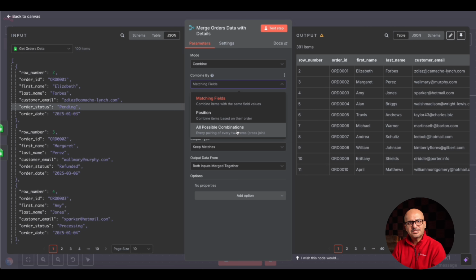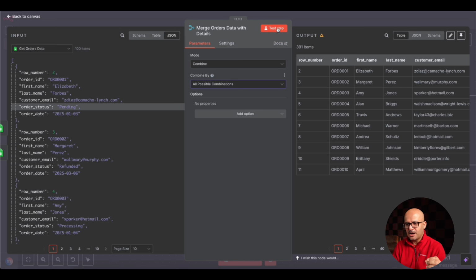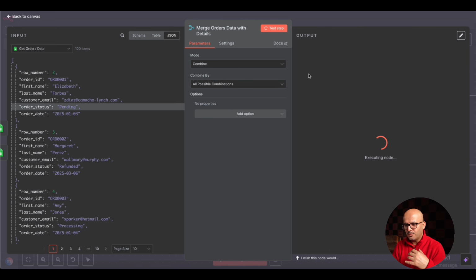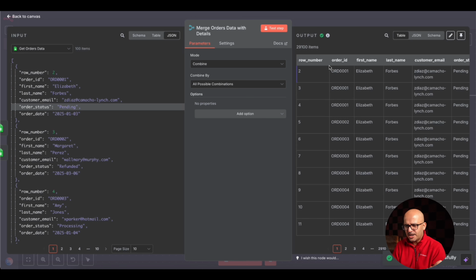If you are familiar with SQL, which is structured query language, you would understand what a cross join means, or this is more like a Cartesian product. For every record, it gets multiplied. If I use this and test it out, it is going to output a lot of records. It's 100 multiplied by 291. Yeah, you can see 291,000. For each order, it has multiplied all the order details that were there. So we don't want this one as well.